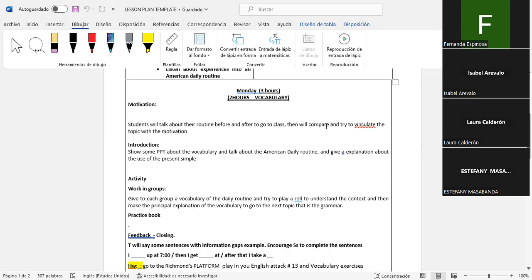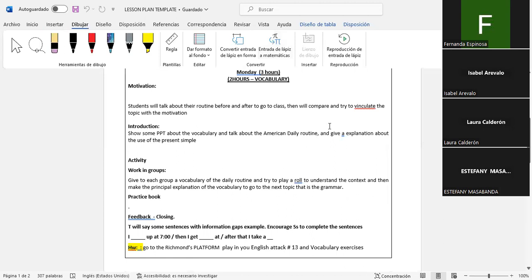Then, as an activity, students work in groups on daily routines, trying to play a role to understand the context, and I make the principal explanation of the vocabulary to go to the next topic, which is the grammar. As I said, the units are divided into vocabulary first, then grammar, then reading and listening, and then a project. For closing, students say some sentences or complete the examples of the idiomatic expressions using the present simple. And then, as homework, they go